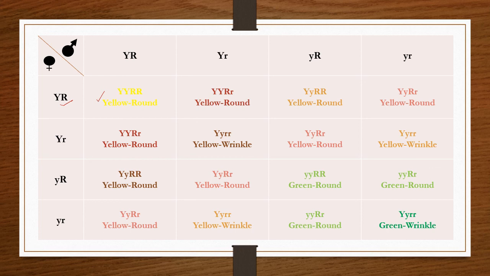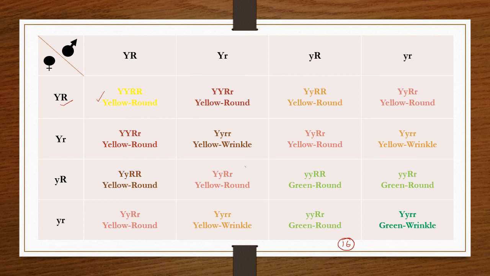all these squares, then in total we will get 16 offsprings in the F2 generation. In monohybrid cross, we will get only 4 individuals or offsprings, whereas in dihybrid cross, we will get 16 individuals. Because of the formation of 4 gametes, 4 into 4, 16 individuals or offsprings are formed.